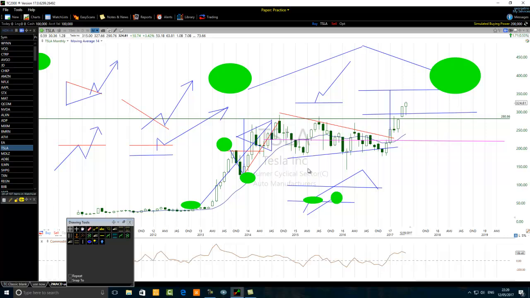If a pilot takes off from point A going to point B, the pilot must navigate all the way to point B. For us as swing traders, the navigation is about trade management. Are you managing your swing trade? Sometimes you may enter a swing trade and the next day the market becomes very, very bearish. What do you do? Sometimes you have to close that swing trade. It's pointless to leave it open. The market turned bearish. It was bullish before. Now it has become very bearish. You see that the price starts going down very fast. Close that swing trade. Come back another day. This is about managing your swing trade.